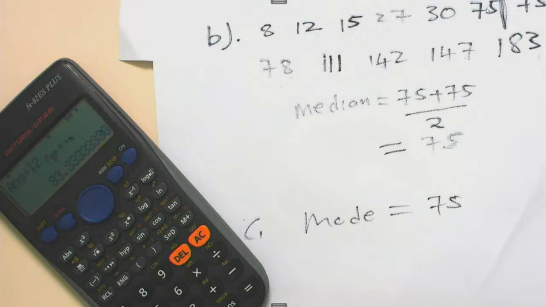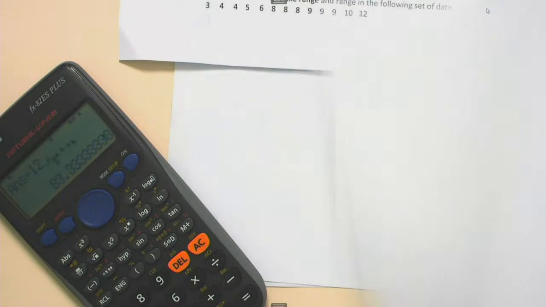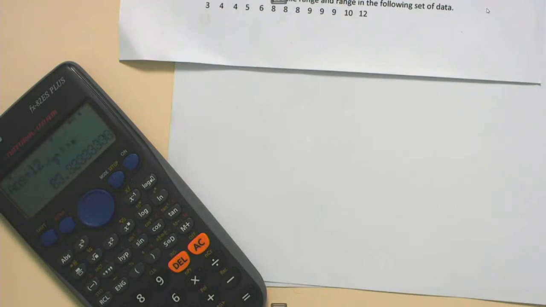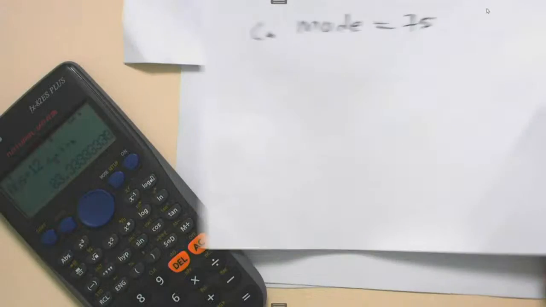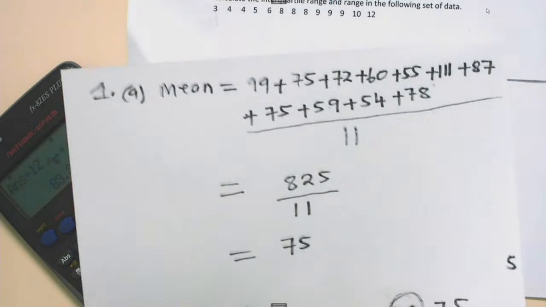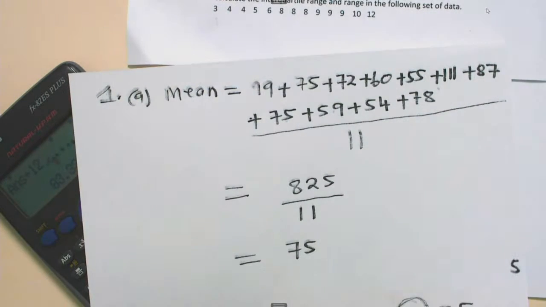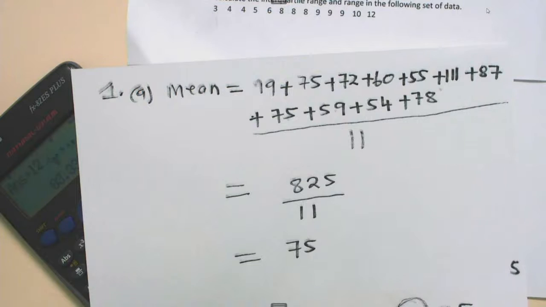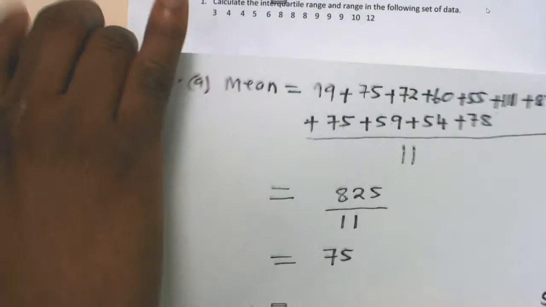Let us quickly look at set A that we calculated. Let's say we take the very same set A. Remember, we managed to calculate our mean as being 75. So if our mean is 75, as we calculated on set A,